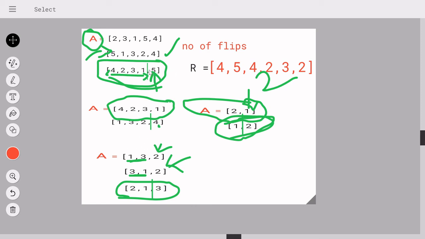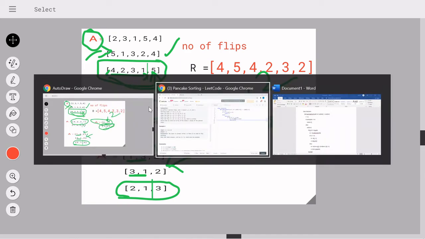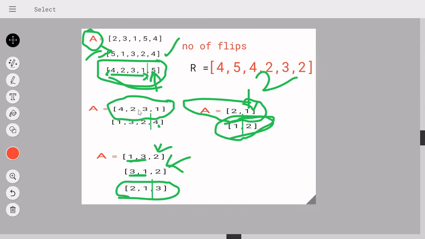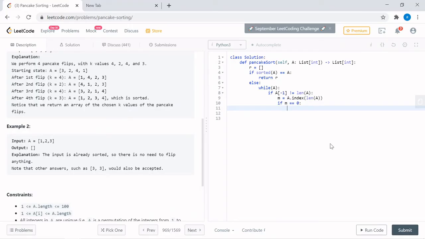Where is it? If it is in the zeroth position, like I told you over here, I don't have to perform the in between flips that I did over here to get my 5 in the zeroth location. I already have the integer in the zeroth location. I don't have to do anything. The only thing I did over here is I flipped the entire array, which is A equals to, how do we flip in Python?